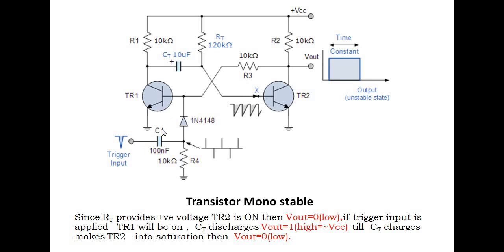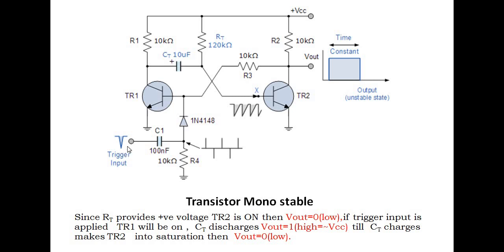We have not applied the triggering, right? Before the triggering, output is 0. Why? Because we are operating the transistor TR2 in saturation and TR1 in cutoff, right? So when and only when we apply the triggering,